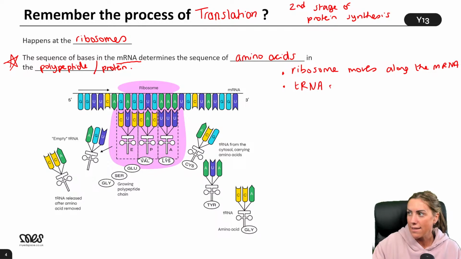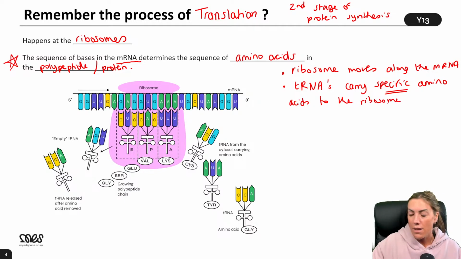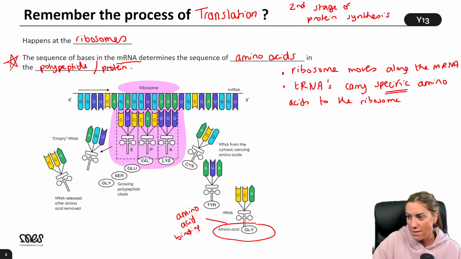And then I'm going to use some of your statements. So tRNAs carry specific, it's really important that we use the word specific, amino acids to the ribosome. And I think Jasmine said before that the tRNAs have, can you see here? They have what's called the amino acid binding site. Yeah. But they're specific. They carry specific amino acids. It's not like any tRNA can carry any amino acid. Each one carries a specific amino acid, which is determined by the shape of that binding site.